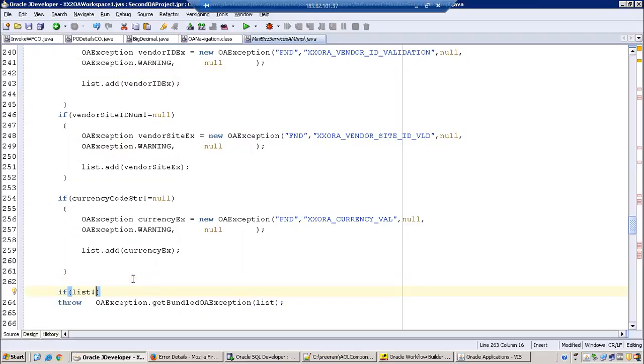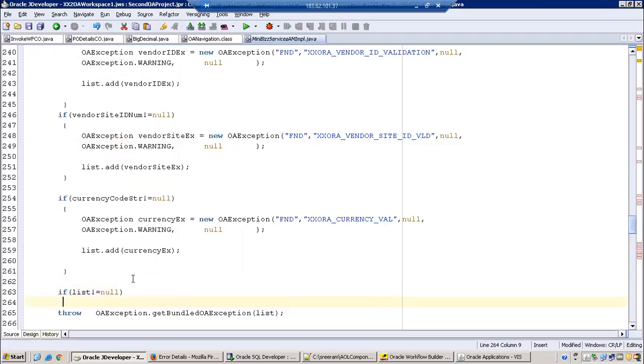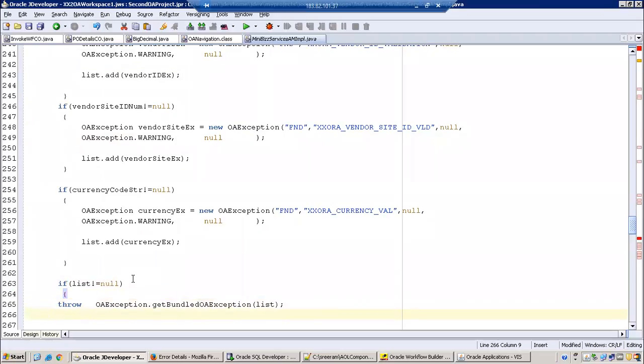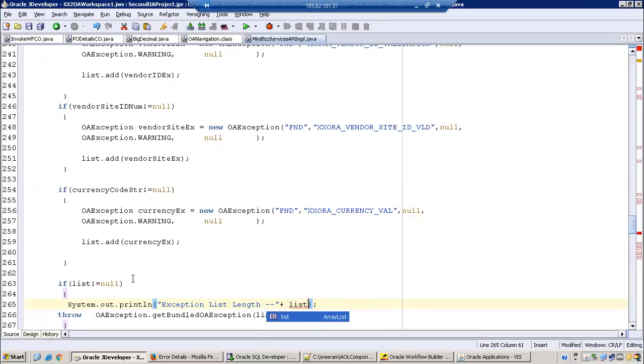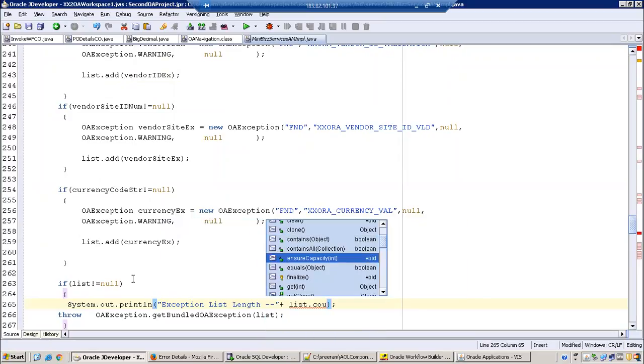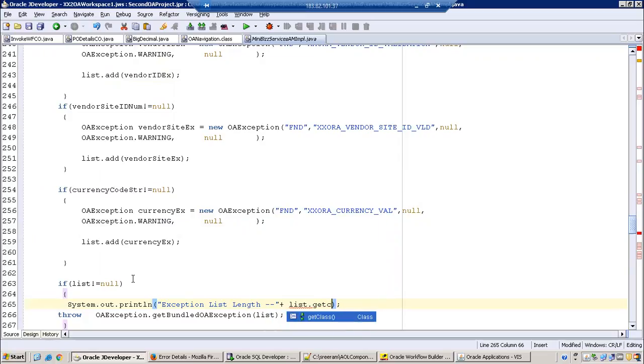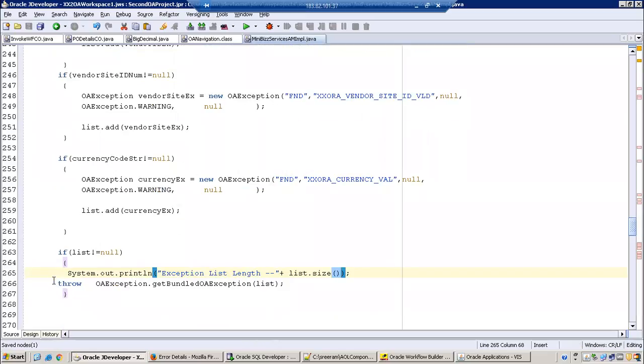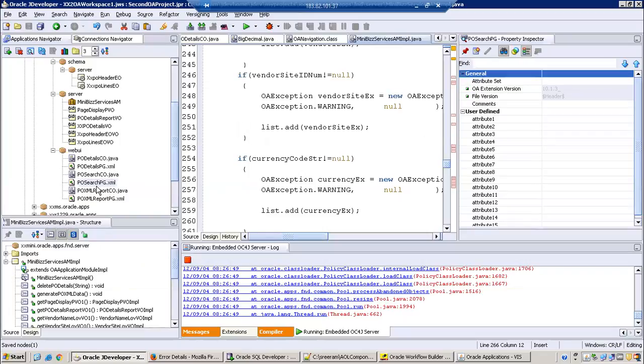Let's say if list is not equal to null, and I'll say exception list length, or size or count, something will be there. Get count, no, size. Yeah. Okay, so generally in arrays, most of the times you have either a get count or a size. You'll have those set of methods to support getting the information about the length of that.